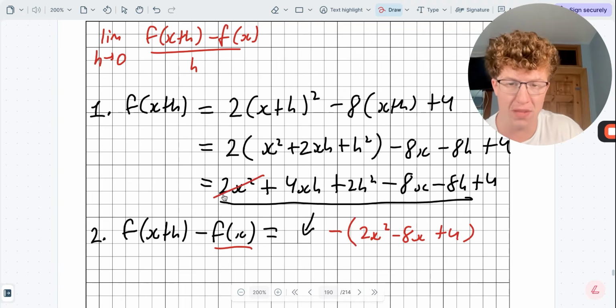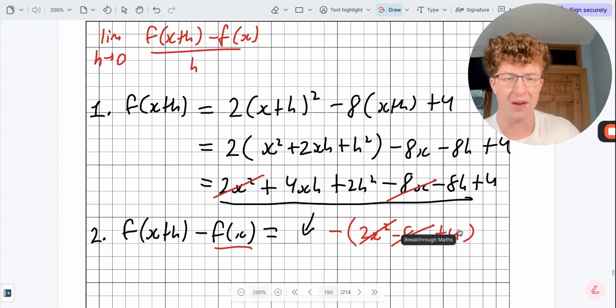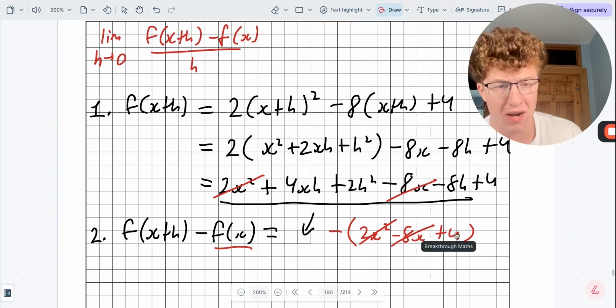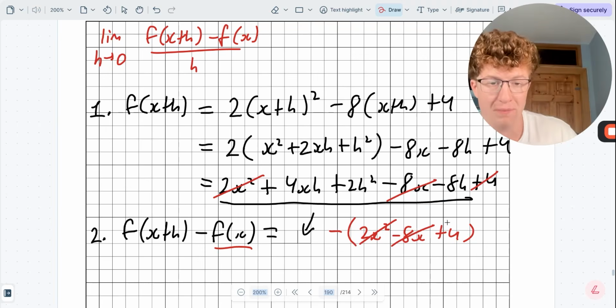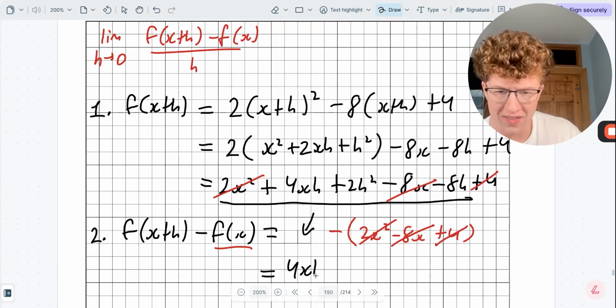That's going to cancel with the positive 2x squared up here. So they're going to cancel. Minus times a minus is going to give us a plus. So we have a plus 8x here. That'll cancel with the minus 8x up there. And then we have the minus 4 because it's a minus and a plus. So minus 4, that's going to cancel with the plus 4 up here. So what we're left with for f of x plus h minus f of x is 4xh plus 2h squared